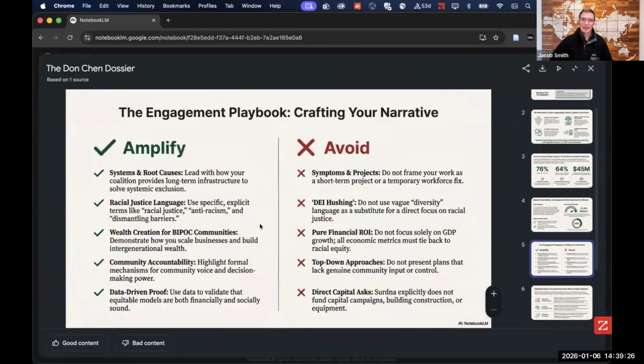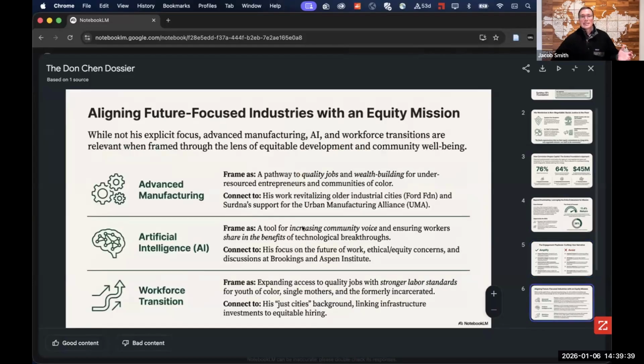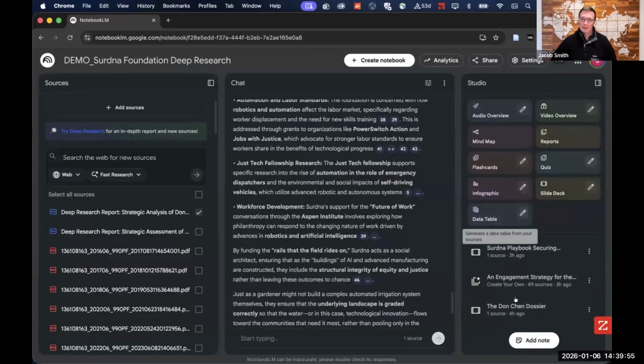I think some of these engagement pieces of wisdom are kind of useful when it comes to actually crafting an outreach strategy to these individuals. So you can very quickly go from an in-depth report that's probably 10 to 15 pages long, that's very cited with a lot of different resources, to a quick slide deck that gives you an overview of this particular individual. So we did it for one person. Maybe you're not just thinking about engaging one person. Maybe you want to do this for multiple people.